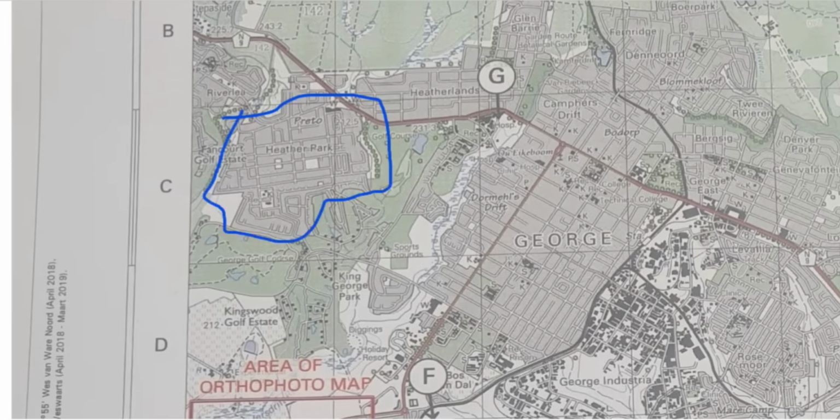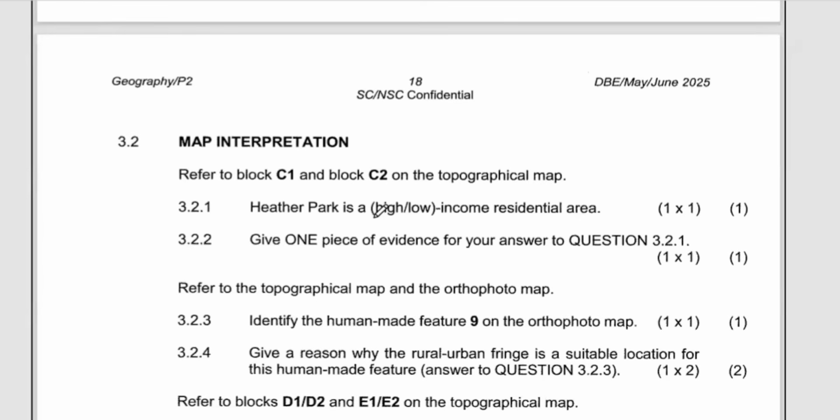So the question is saying, is it a high or a low? Automatically, this area here constitutes to be a high income area. Why am I saying so? We're going to answer it on the next question. So it's a high income area. Why are we saying it's a high? If you check, there are